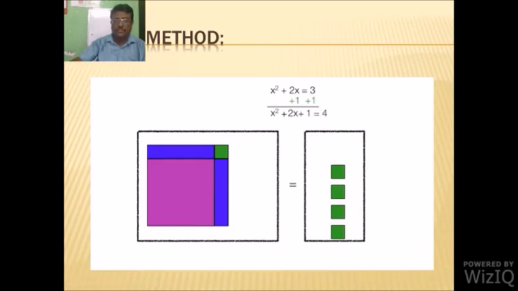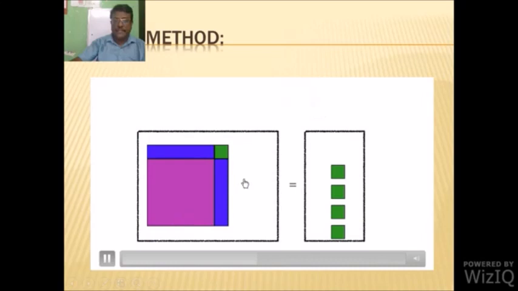Now we can consider the equation x square plus 2x plus 1 equal to 4. What we can do? Look at the equation again and the diagram. Compare these two. Now the length of this side will be x plus 1 and the length of the other side will be x plus 1. This is a square and the area of the square is x plus 1 whole square. So we can factorize this. You can find the area of the square of the left hand side and look at the expression on the left hand side. That can be written as x plus 1 into x plus 1.